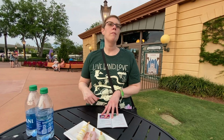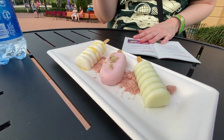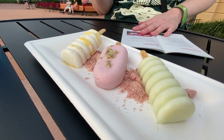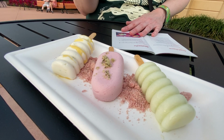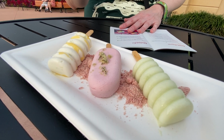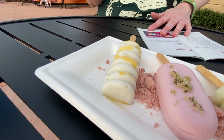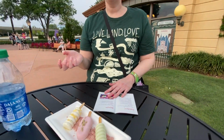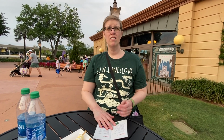Okay, so we went to the Refreshment Port, and good and bad news. The good news is we got a gluten-free treat. We got the Popsicle Trio, which is gluten-free. It does contain dairy. There is a honeydew popsicle, a raspberry mint one, which sounds awesome, and a coconut lime one that also sounds awesome. But we were going to get the house-made vegan sausage poutine, and unfortunately, even though it